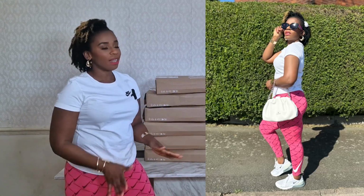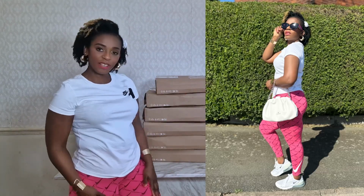So guys, outfit of the day. I said it to be simple and casual. So my top is just a white t-shirt from Nike, and the trouser is from Nike. So it's a legging trouser. I'm going to put a picture of me dressing, to show you my outfit of the day, or do a single video for it. So